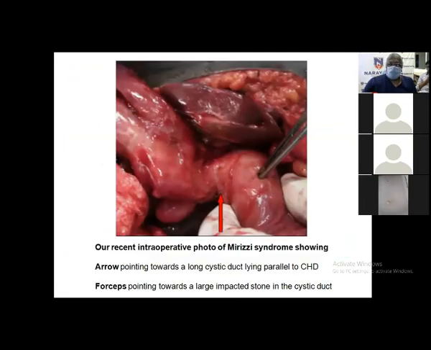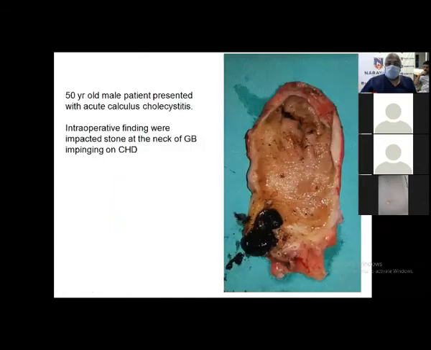It's a beautiful case which we have operated, and we could get away with a simple cholecystectomy in this case because we were very careful. The arrow is pointing to the long cystic duct, and you can see a stone that is impacted in the cystic duct. So we could go beyond here and tie it. We could remove the whole thing. Somewhere we made an incision, went into it and tied it. You can see the start of the duct. So that is the operated specimen. You can see how it is impacted in the neck of the gallbladder.